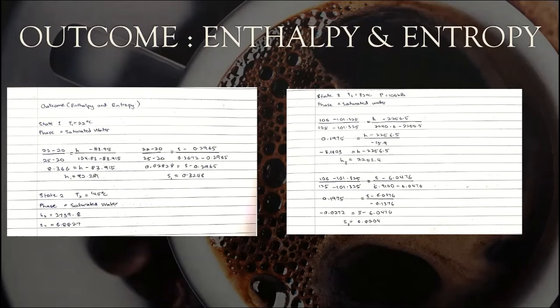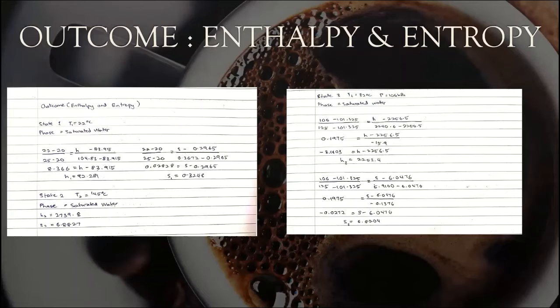So in these circumstances, we have to use the interpolation method. So we get the value for enthalpy, which is 92.281, and the value for entropy is 0.3248. For the second state, we have the temperature given, which is 145 degrees Celsius. So the phase is saturated water, and also the same method, we refer to the property tables. We have the enthalpy value, which is 2739.8, and the entropy value, which is